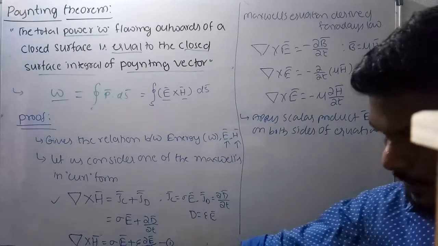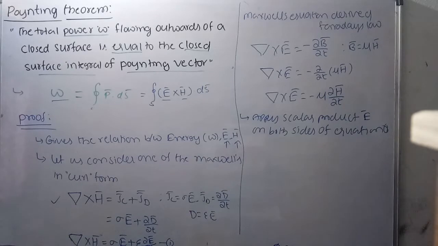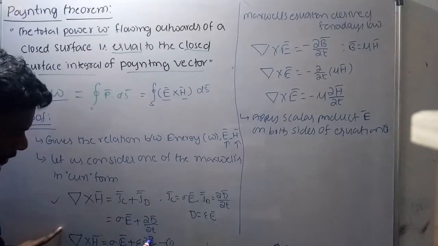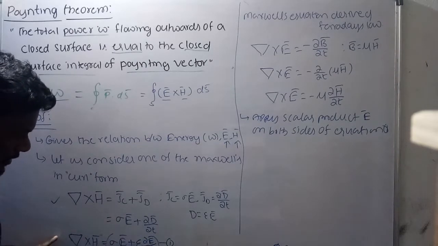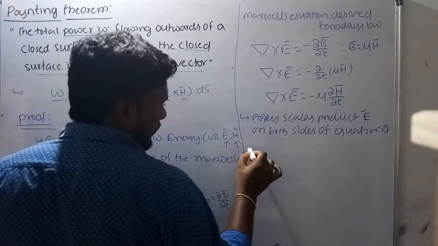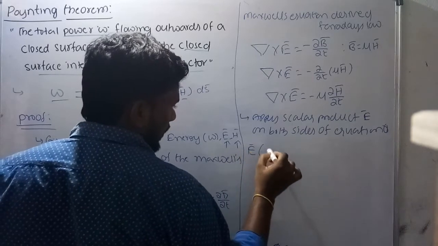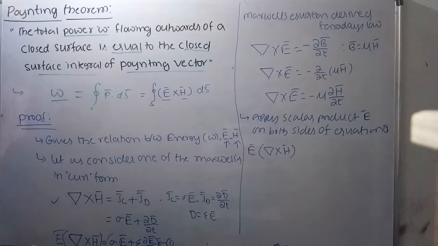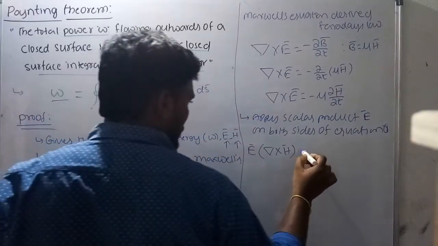Here is my equation, del cross H bar equals sigma times E bar and so on. Just apply the scalar product, that is multiply with E bar on both sides. If you multiply E bar on both sides of equation number 1, what will you get? You will get E bar dot del cross H bar. Observe clearly, this is my del cross H bar. Scalar product means just multiplication of equation 1 with E bar, which is equal to